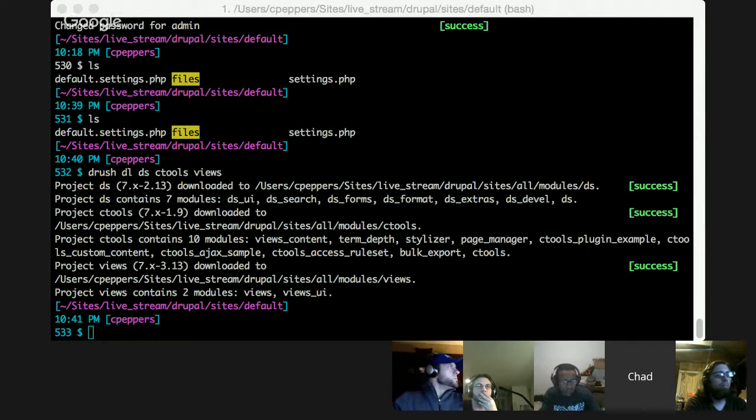Display Suite allows you to have different layouts. So you have a 2-column, you can have 3-column. You can actually build your own Display Suite templates, which makes it extremely powerful because you can completely change how this is viewed very quickly and effectively. So on the teaser, we'll just go with a 1-column layout.